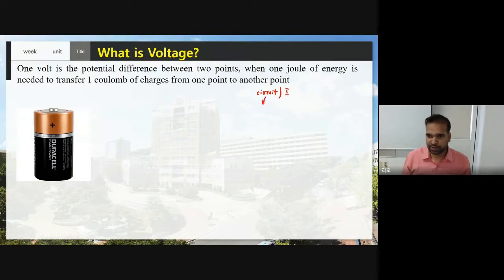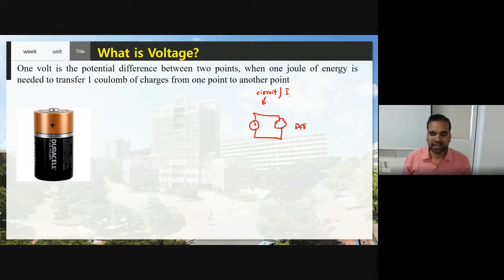A simple circuit has three parameters. One is the source, and it has the connecting wires. The third one is what? An electric bulb, or you can call it the load. The load may be anything. It may be a bulb or motor or maybe a fan. It depends on your application. Now, circuit means what? The current has to flow in a closed path. When it is an open path, the current is equal to what? Zero for the open circuit.